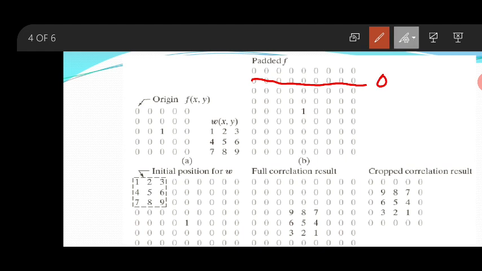Now what you have to do? When you reach at the end of the boundary of an image, what you have to do? You have to slide it down by 1. How you have to slide it? Slide it down by 1 here, means these pixels will be covered. Now which is the center? Again you perform this one, 1 into 0, 0, 2 into 0, 0, 3 into 0, 0. Now which is the center pixel? This one. Hope you understood.